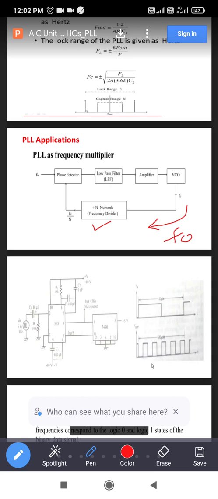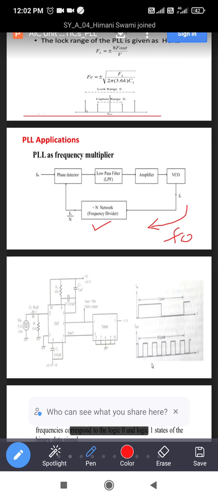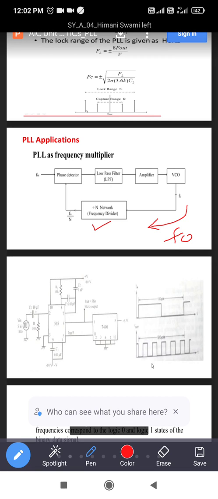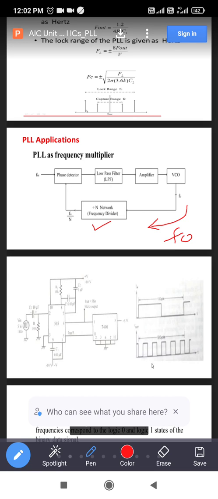So for the frequency divider, you can use the decade counter ICs. That is IC 74190 you can use, 74192 you can use. Okay, so these are the decade counters you can use. For down counting mode you can keep it. तुम्हाला ते डाऊन काउंटिंग मोडमध्ये ठेवायचं आहे आणि तुम्ही ते यूज करू शकता. So the output of divided by N network you can connect to the another input of phase detector.